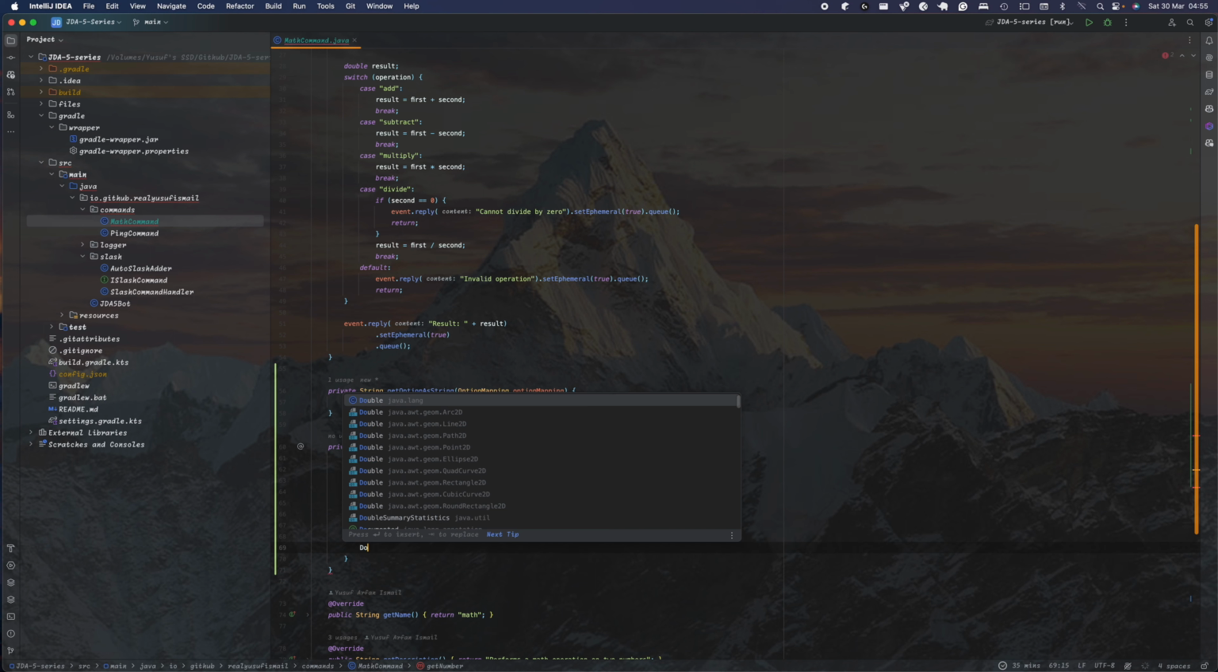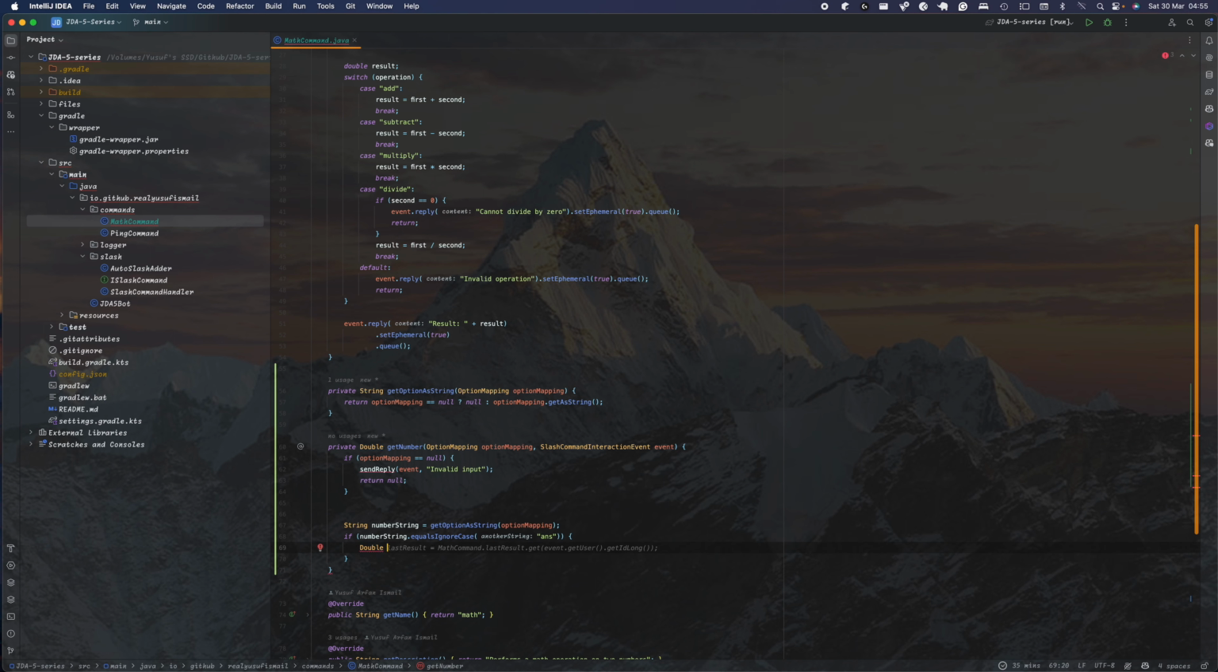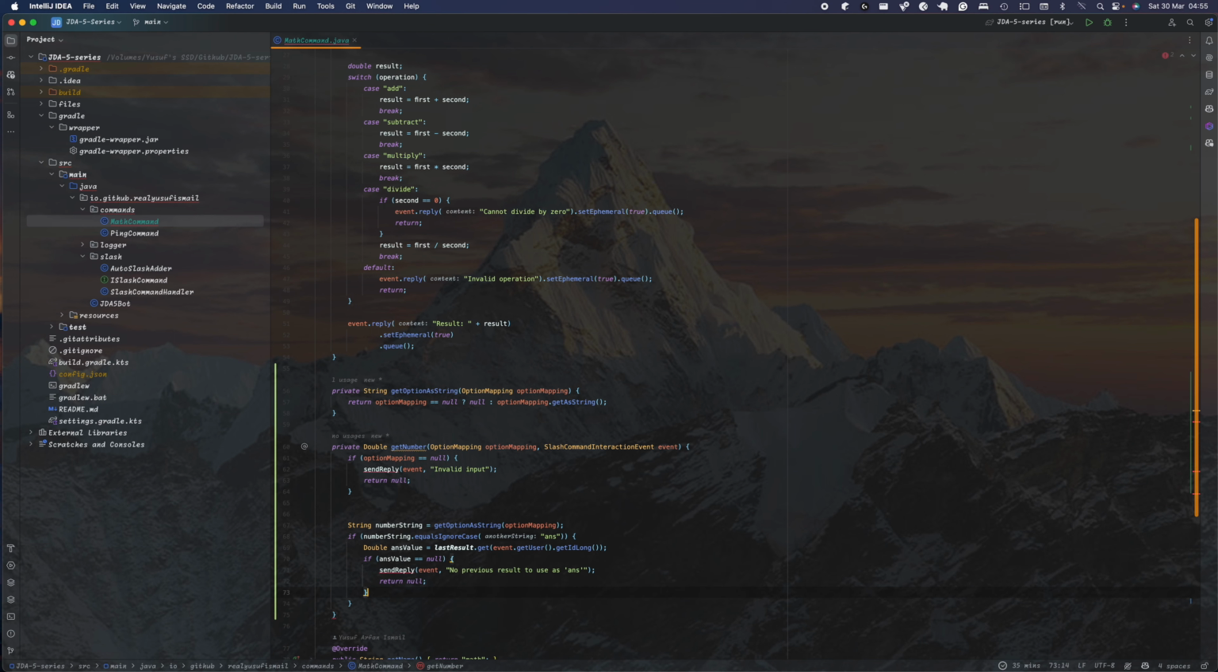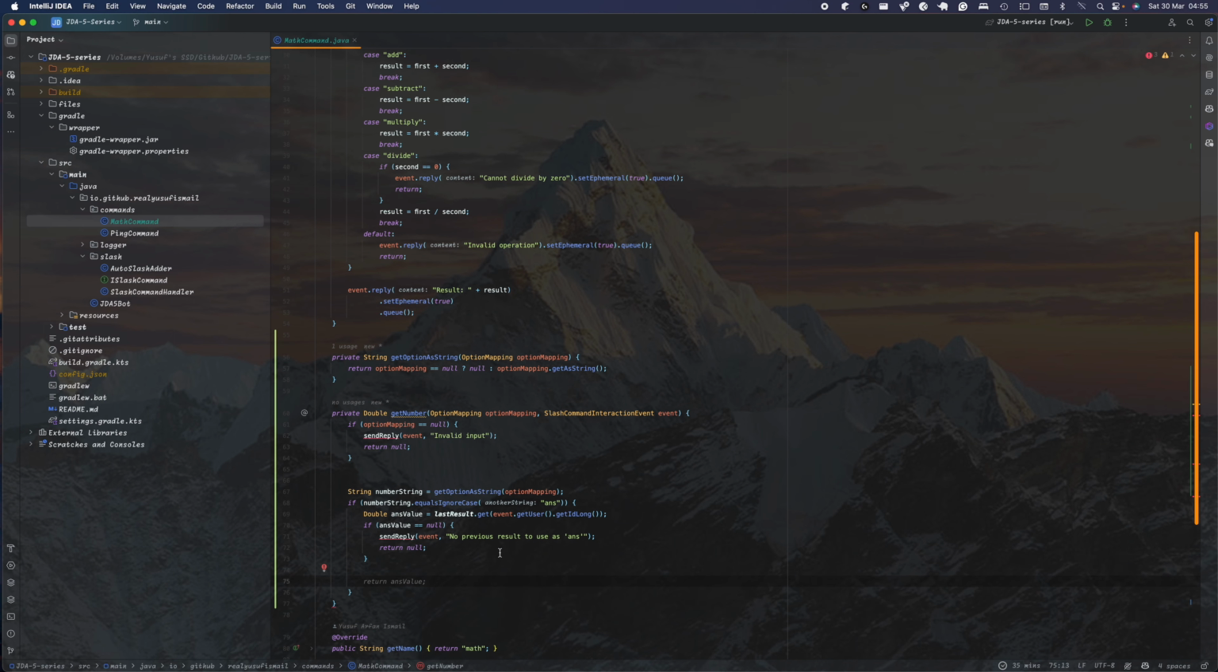So double, and I'm going to say ans value, and then in here we're going to do last result dot get, and then get the user ID, and in here if the ans value is null, we're going to say no previous result found for ans, and then we're going to return null, but else we'll just return the ans value,